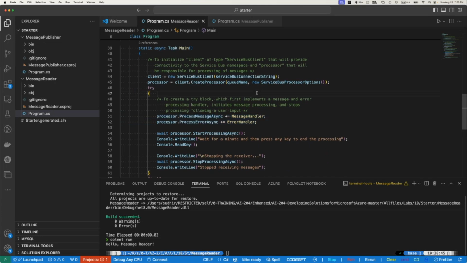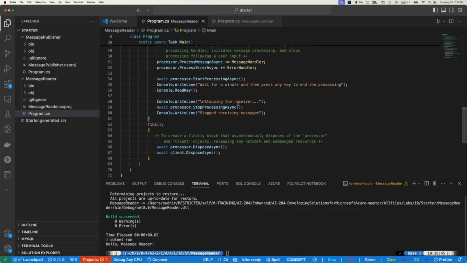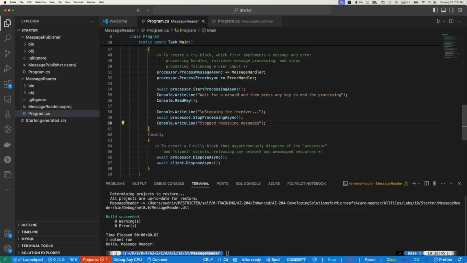which will receive from the message queue and print it to the console. It will read one, write one, and then stop the console writing. We have to stop the messenger, because otherwise it will keep trying to read from the queue, and unless it gets new data it will keep up and running. So you have to stop it,